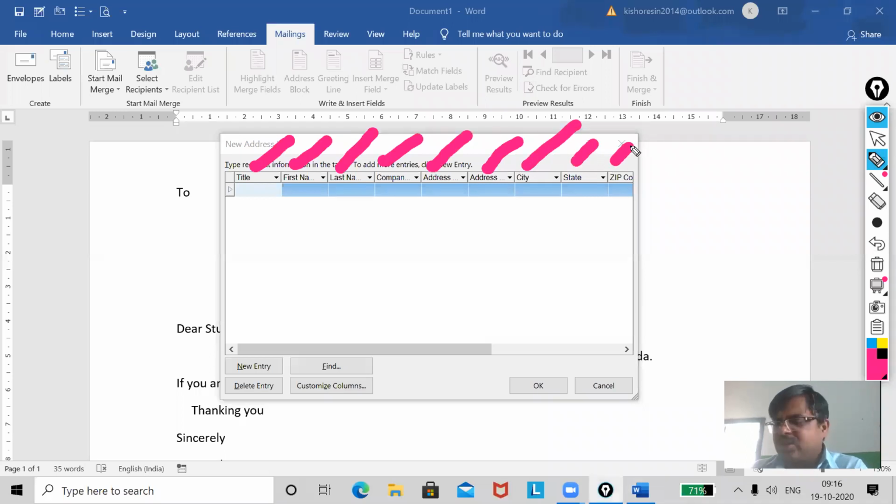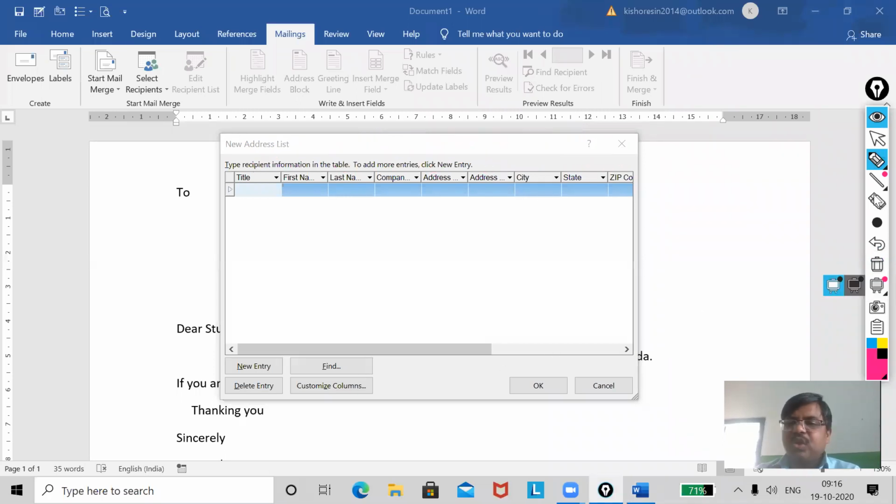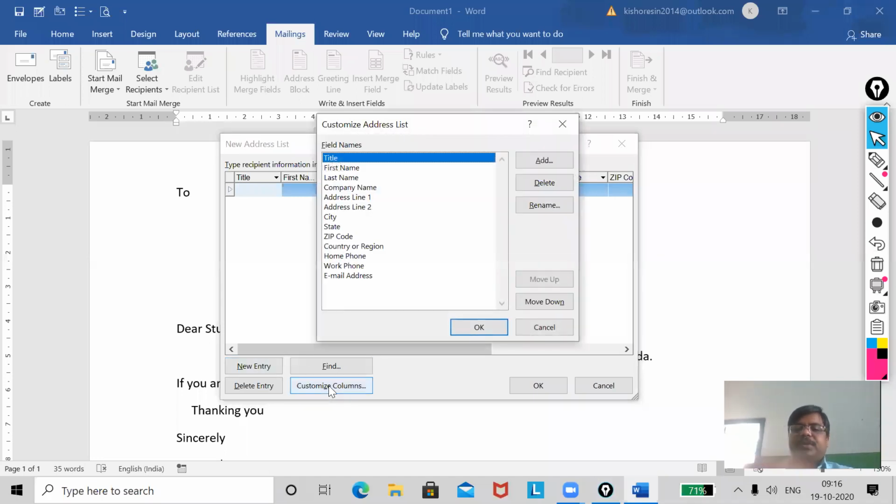I don't want all these, so I will customize it. I will click on New Entry, but before new entry, you must use Customize Columns. Now, you can select which fields are necessary for you.